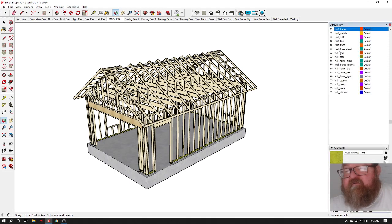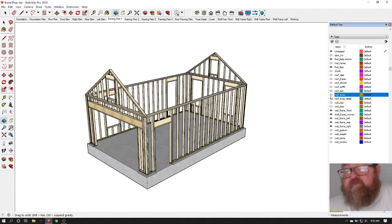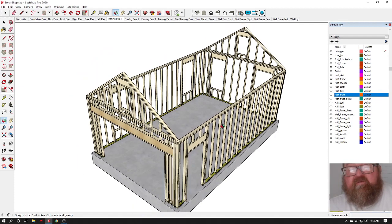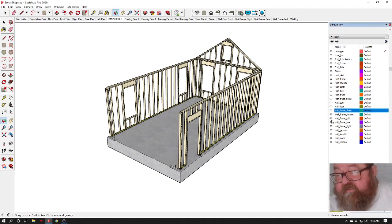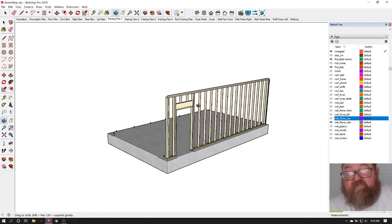So I'm actually going to turn off the roof framing for right now, and I'm considering these gable end walls wall framing, not roof framing, and I'll show you why in just a bit. But for his drawings, I had separated these walls out, so I'm going to turn off the front, and I don't need this layer anymore. Get rid of it, and the left and the rear,